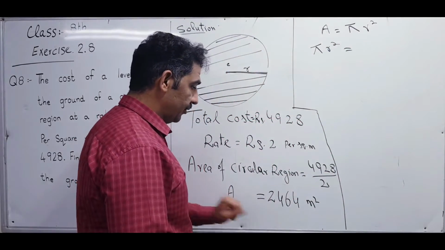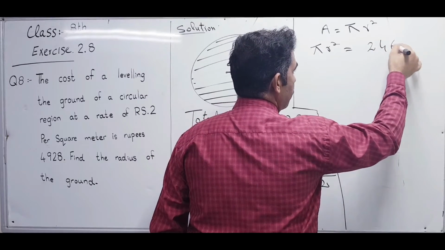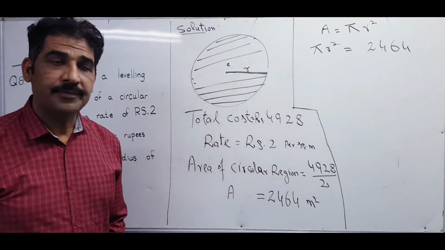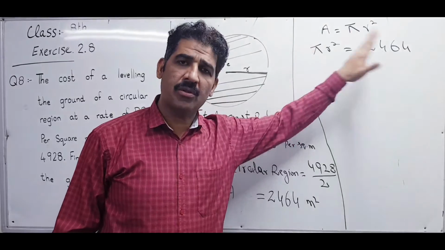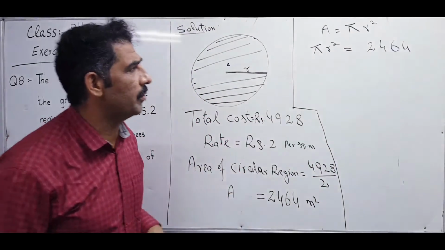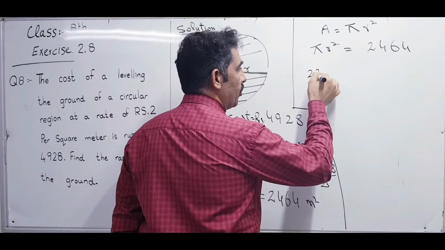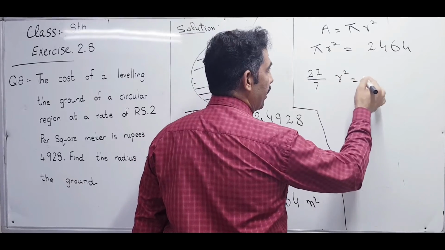What is area? 2464. Okay, that is the area. एरिया की वैल्यू यहाँ पुट कर दी, नथिंग एल्स. इधर पुट करो उधर पुट करो कोई फर्क नहीं पड़ता, नो प्रॉब्लम. ओके, द वैल्यू ऑफ पाई इज इक्वल टू 22 over 7 r square